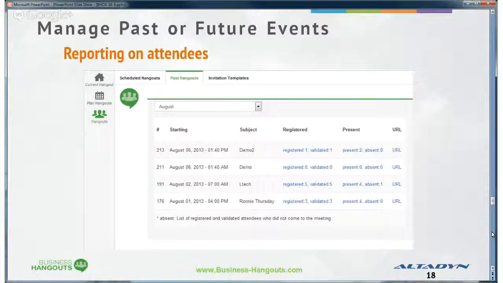That's it. So these are the steps for setting up a Hangout, and that Hangout goes into your scheduled Hangouts, to which you have access from the Hangouts button on the left-hand side on the screen that you're seeing right now. Now, once the Hangout is over, it moves to past Hangouts, and it gets sorted by date